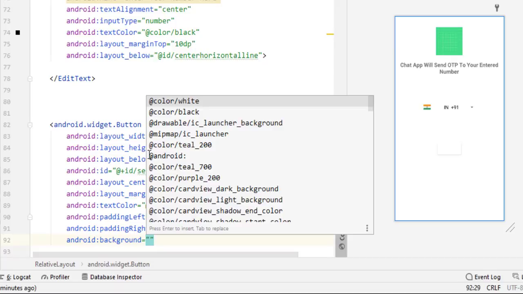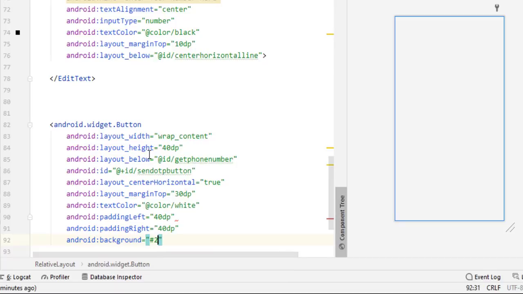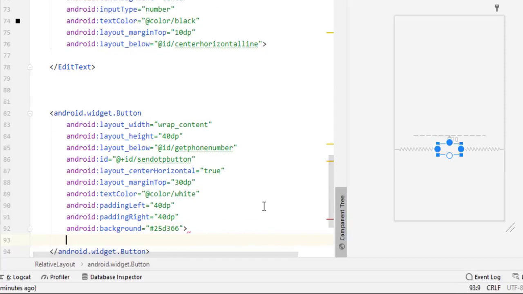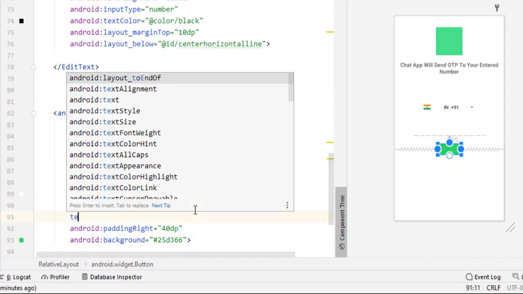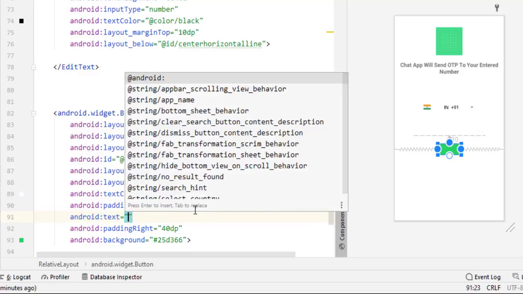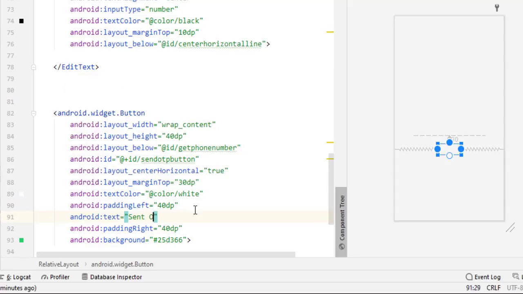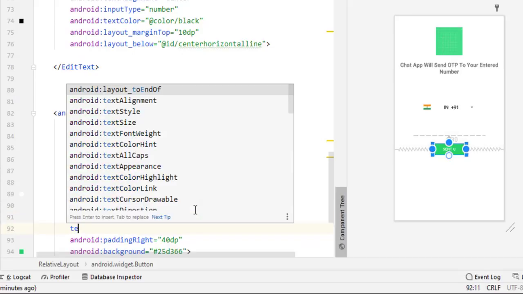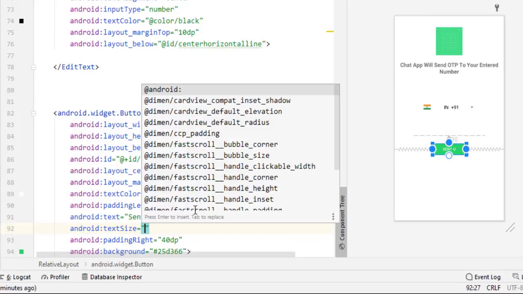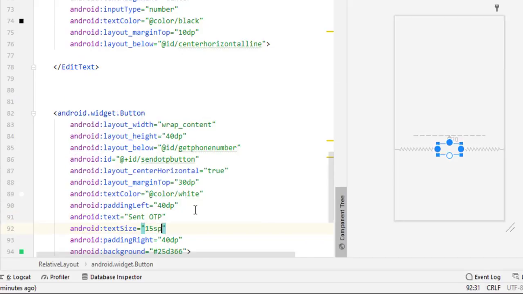Now give the background, and you can use my color code, it is your choice. So my color code is hashtag 25D366, and then close this. Now you can set any text, it is your choice. So I simply type here send OTP, and you can set the text size. So I set the text size 15 sp, it is fine.